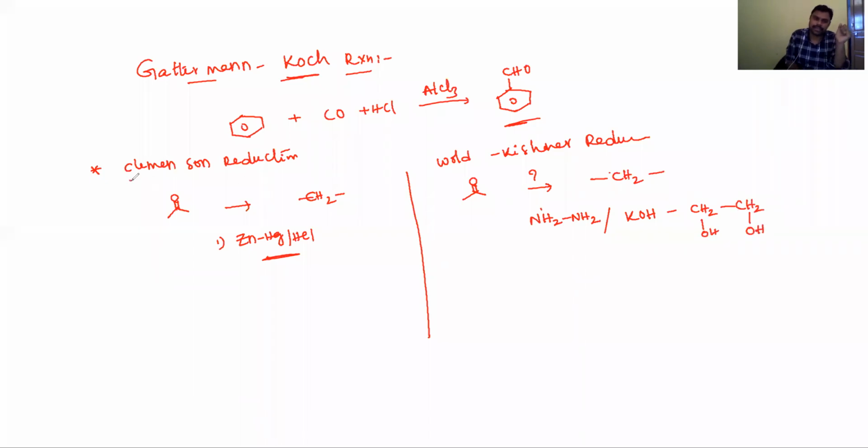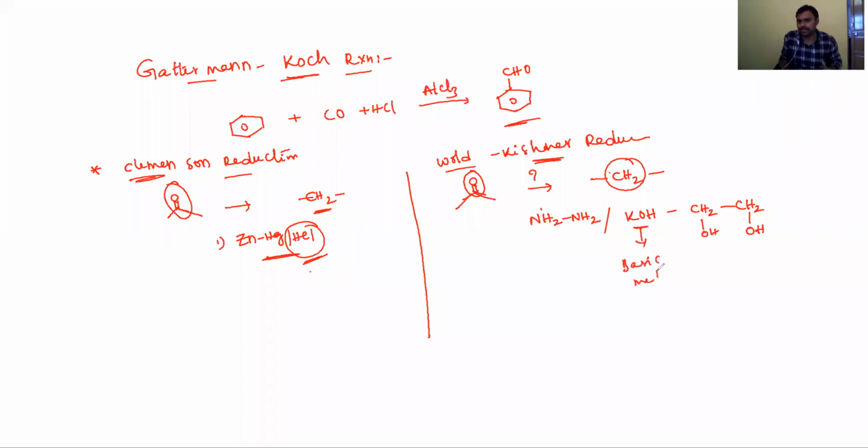So either the Clemmensen reduction or the Wolff-Kishner reduction, what is the main function of both reactions or reagents? The C=O carbonyl group is converted into a CH2 group. This means carbonyl compounds are converted into the corresponding alkanes. Now in Clemmensen the reducing agent is zinc amalgam and HCl, which means this reduction takes place in acidic medium, and here the reduction takes place in basic medium.